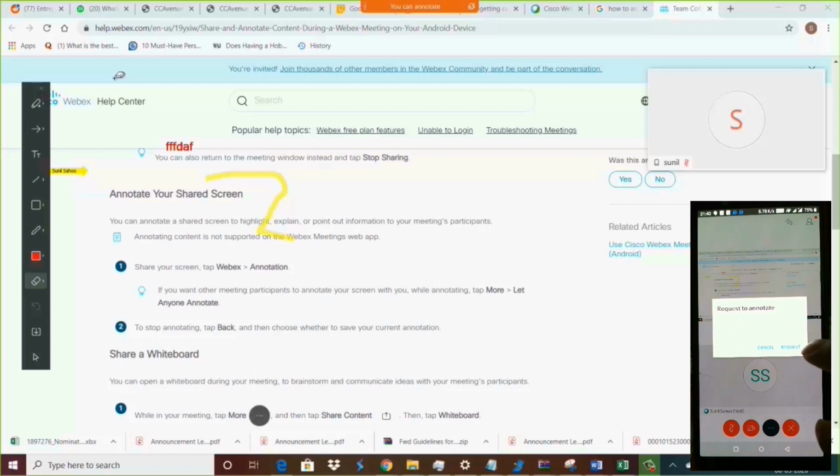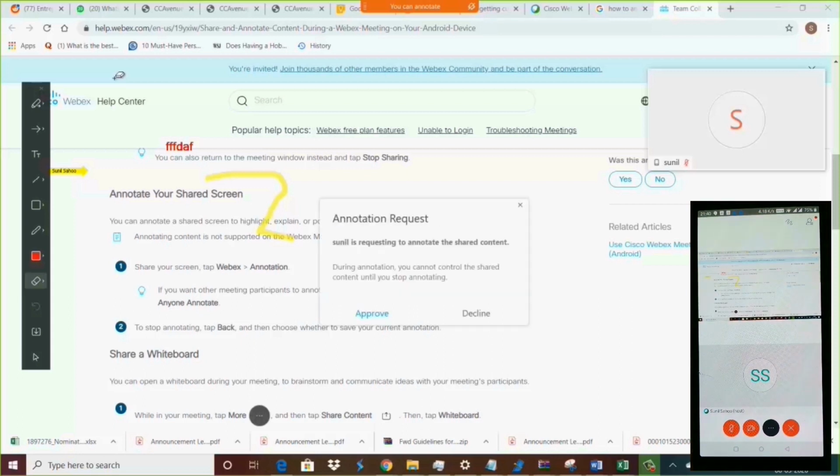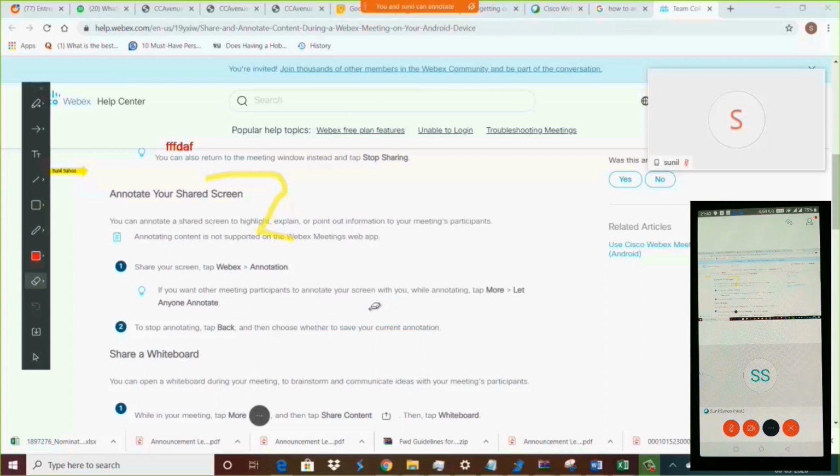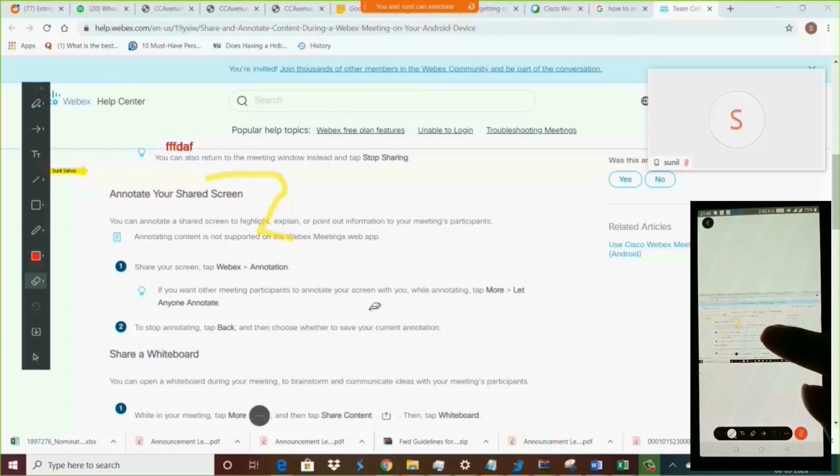requesting from the host whether we can annotate or not. I'll just remind you that in the scheduling time itself, I had unchecked or checked whether participants can annotate or not. So you can control from there itself, and once a participant presses annotate, it is requested to the host, and here you can approve it as well. Once you approve, this person can annotate as well. You can see